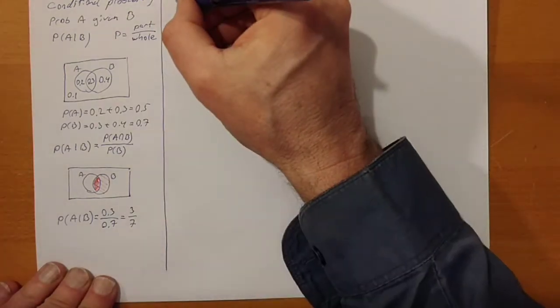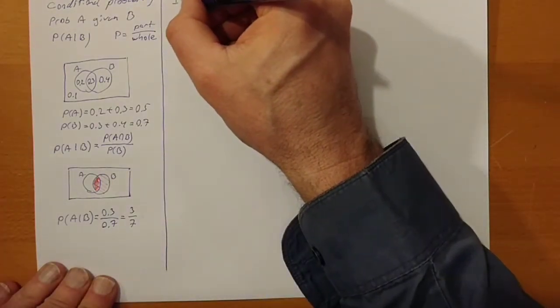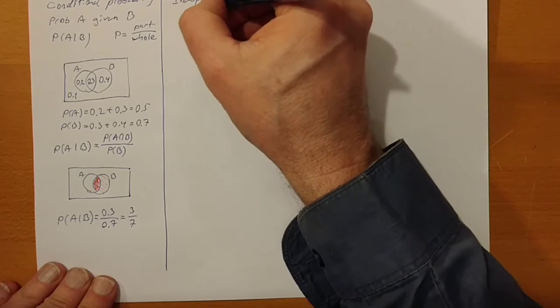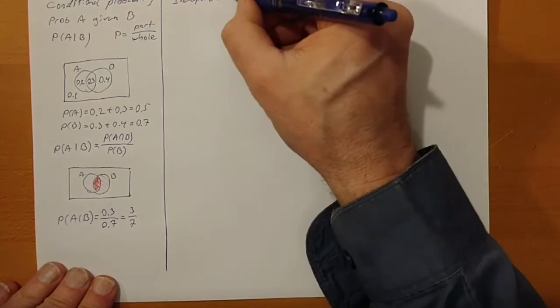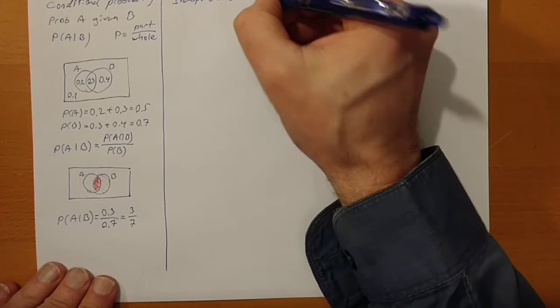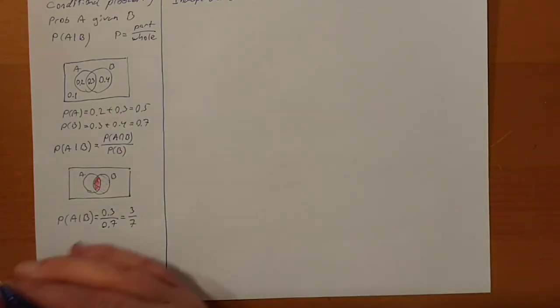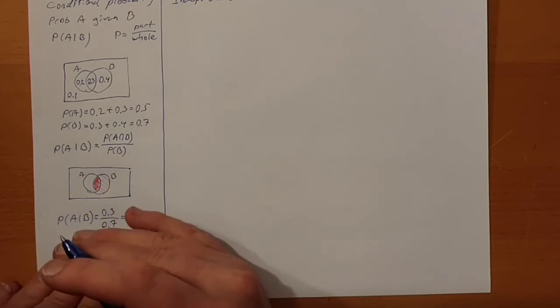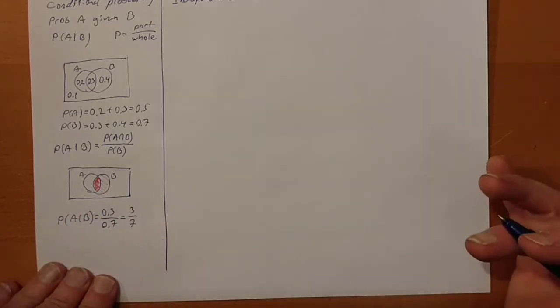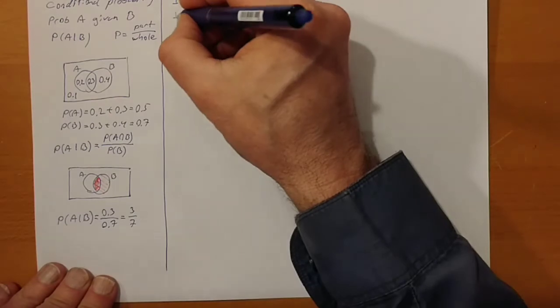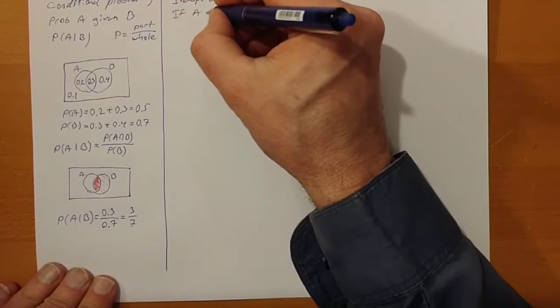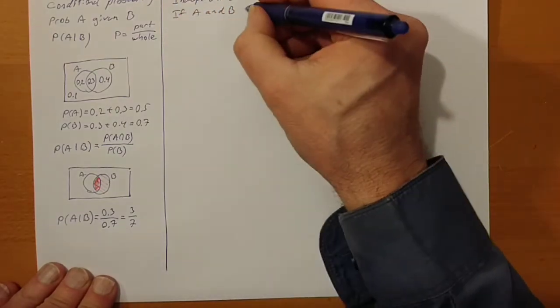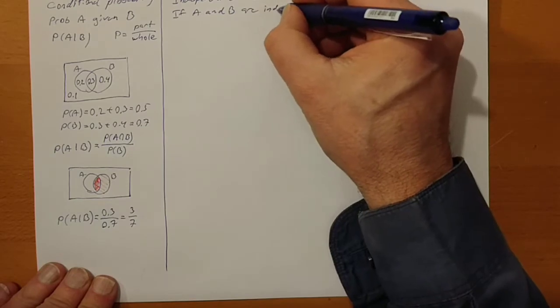Okay, let's look now at independent events. So two events A and B are independent if the probability for one of them to happen doesn't influence the probability for the other one to happen. So, in other words, if A and B are independent,